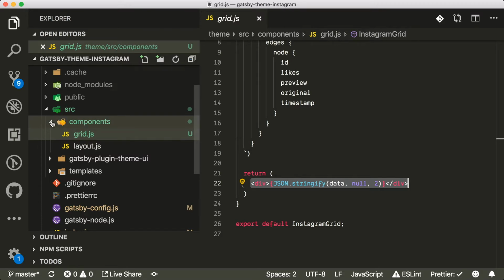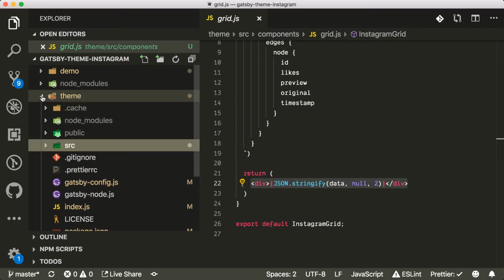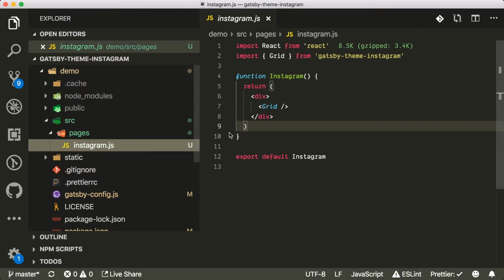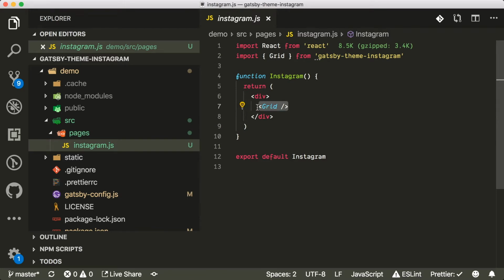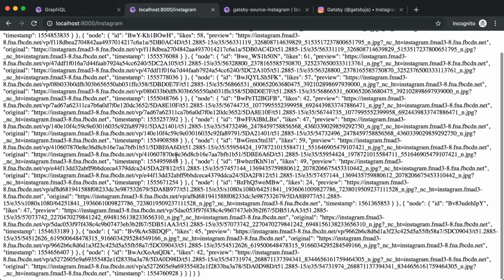And then with this done in my theme, I was able to go to the demo, to my demo Gatsby project, create an Instagram page, and render this grid component that I just created. And with that, I got this very beautiful, of course not, page with all the data that comes from this